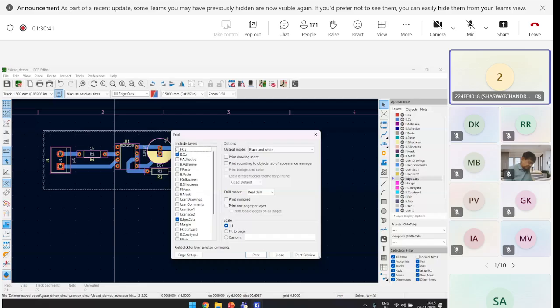I have chosen this Atmega 328. I hope we all are familiar with this controller. Can anyone tell where this controller is usually used? Okay, actually this controller is used in